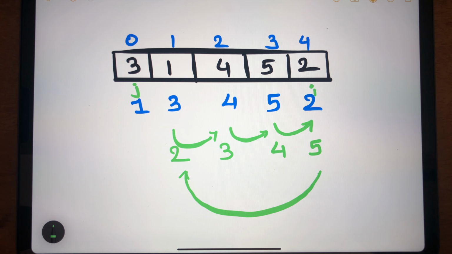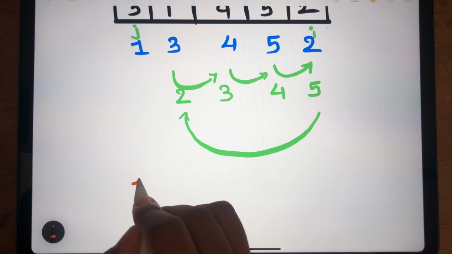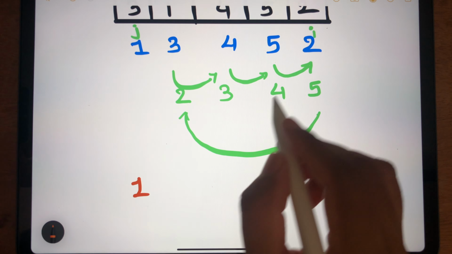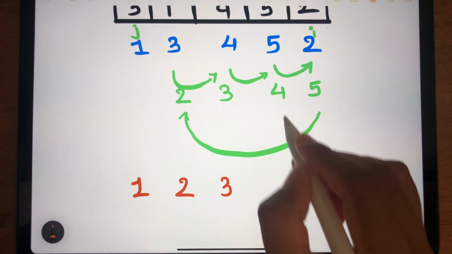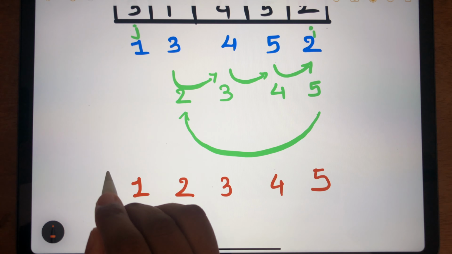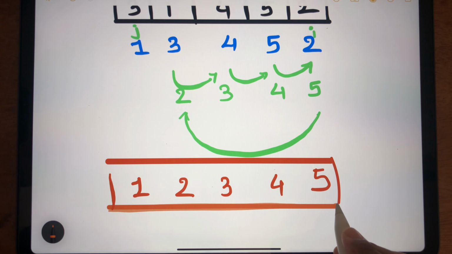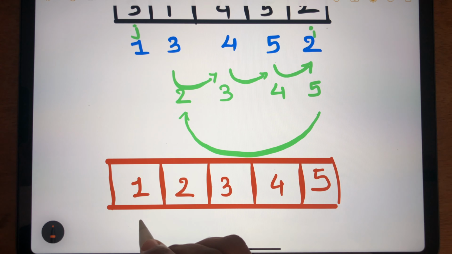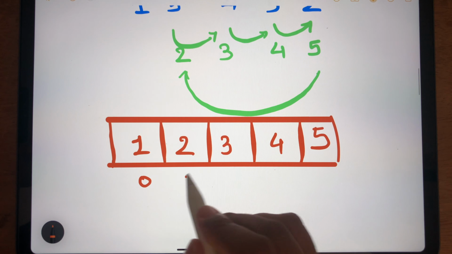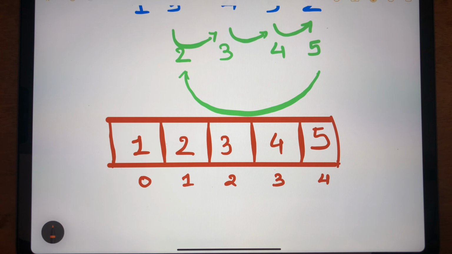So if we write the array properly here, what would be our new array? Our new array would be 1, this we are placing as it is. Our new value here is 2 at the next position, then 3, then this 4 and 5. So this is basically our new array now, with the indexes 0, 1, 2, 3 and 4. So as you see, we have obtained our sorted array here.